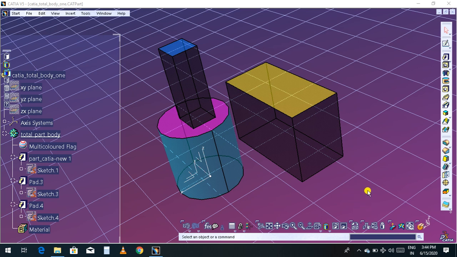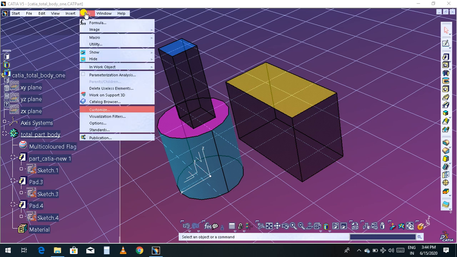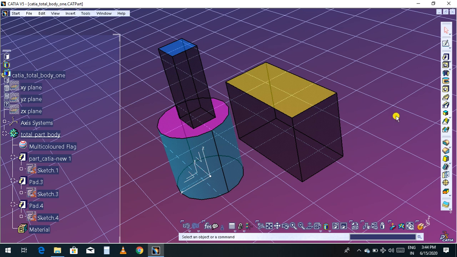Here below you will get the measure between icon somewhere. If you are not able to find measure between here, then in the same way you can go to tools, customize, and restore the positions and toolbars, and then you will get all the icons.